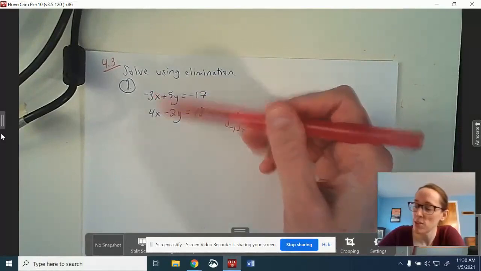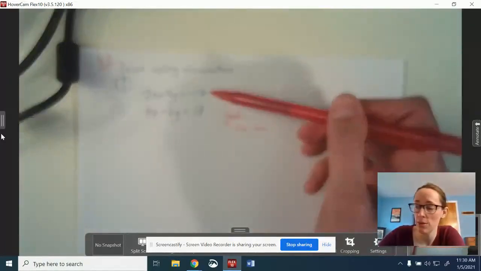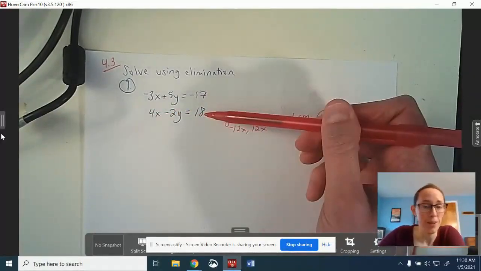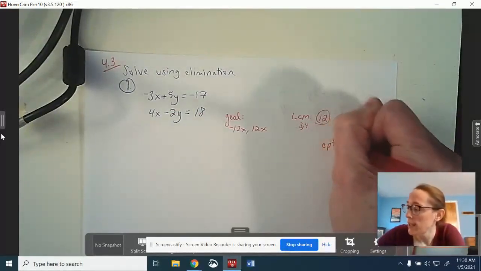So you can't turn these into each other, but you can turn that into negative 12 by multiplying by 4, the whole thing. And you can turn this into positive 12 by multiplying the whole thing by 3. So that's one option for you. Another option that you have